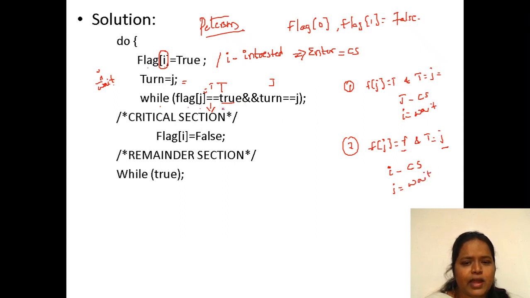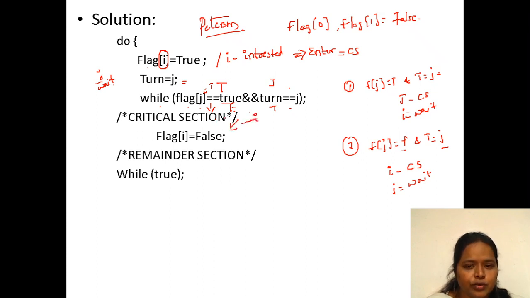Now if flag of j is equal to true and turn is also true, then process j will enter. In the second case, flag of j is equal to false and turn is equal to j, false and true in the sense false, so this condition is false, then process i will enter into the critical section.